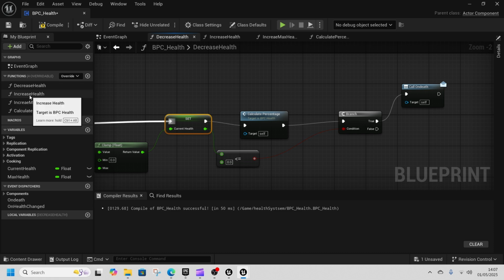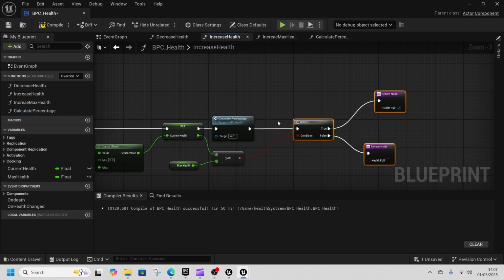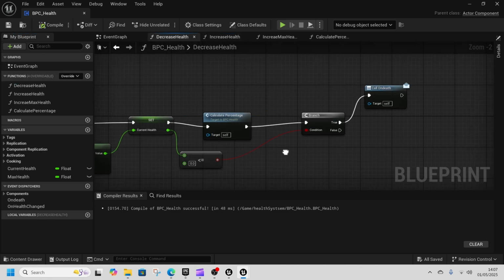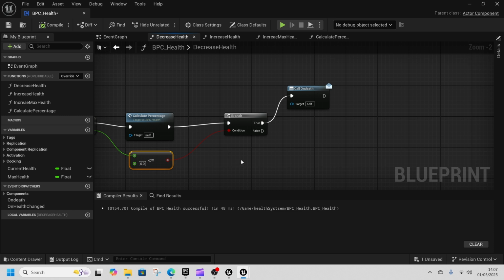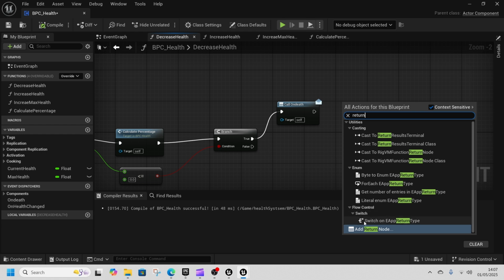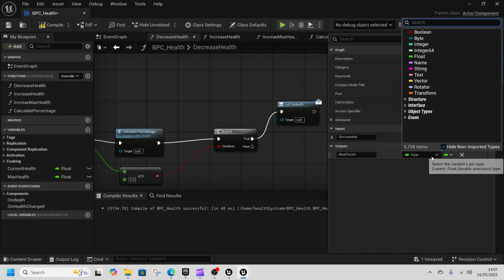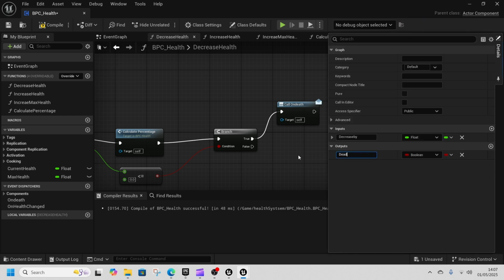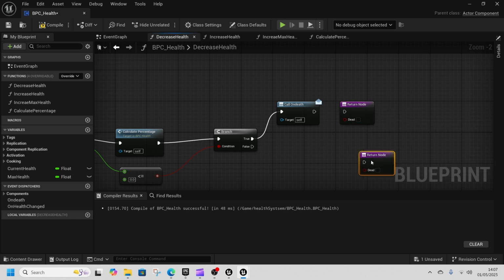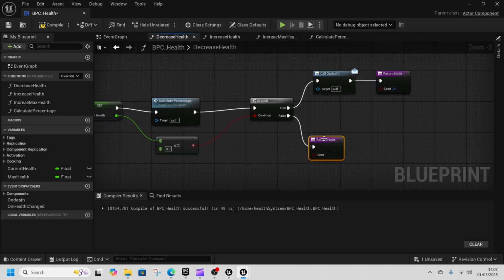So, and when we increase health, again, just before we go to the branch, we calculate the percentage, like so. One thing on decrease health, if we are at 0, I just want to add a return node in here. So add return node, and then we can make the return a boolean, and we can say dead. Yeah, we can duplicate that, so Control D, and if it's not under 0, then we can leave that as